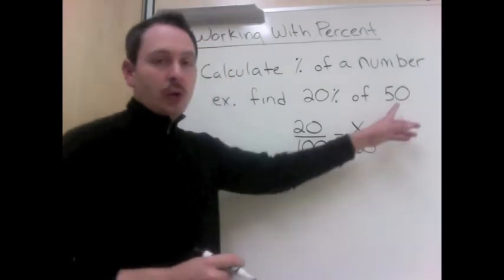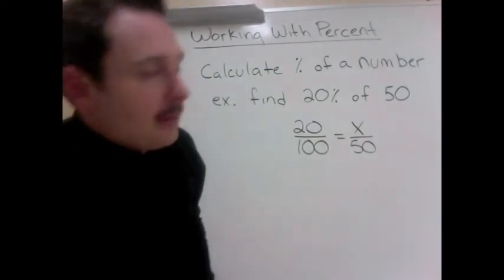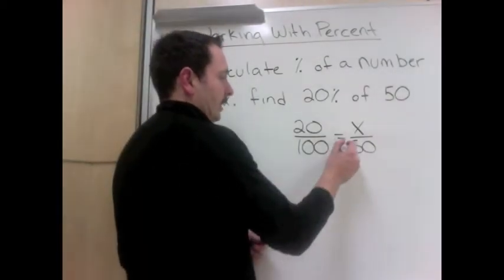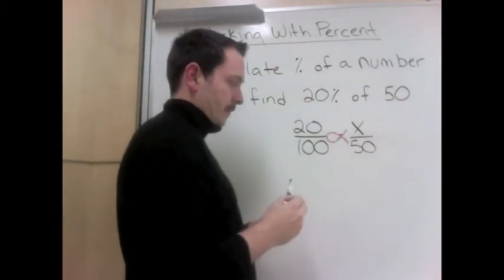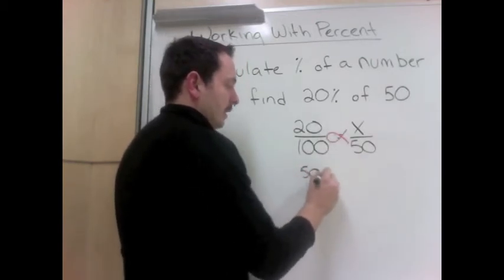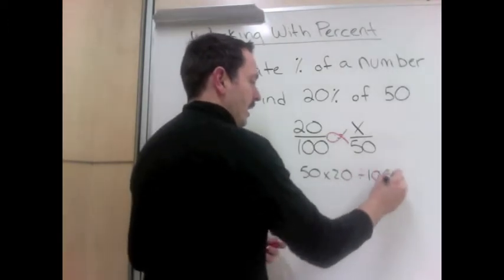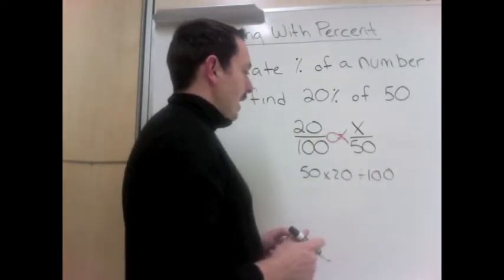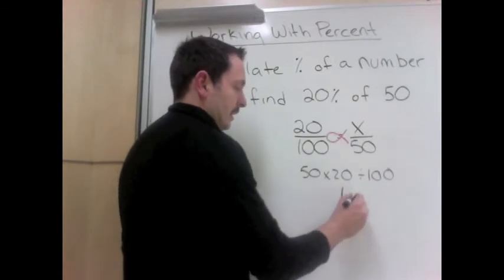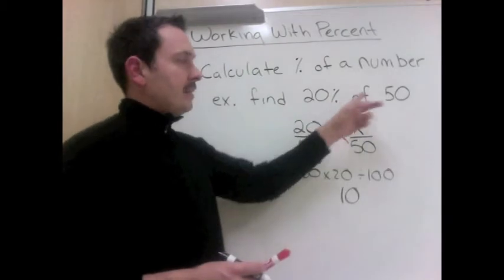Because 50 is our total amount. We're looking for 20% of 50. And now, the method we've been using is our fish technique. We get, starting at the 50, 50 times 20, divide by 100, and our answer is 10. So 20% of 50